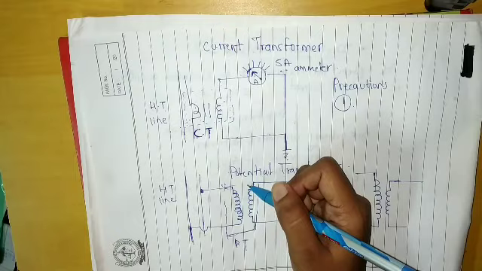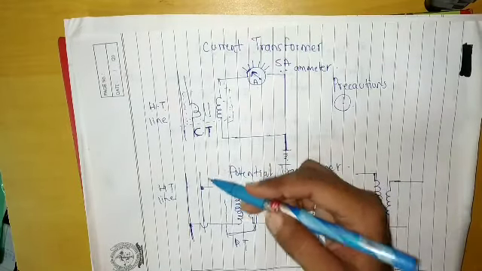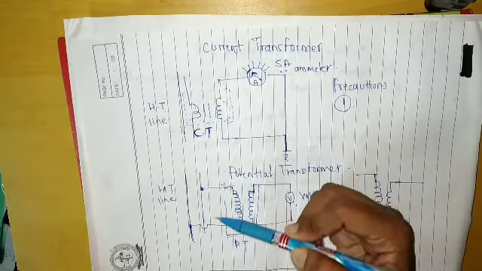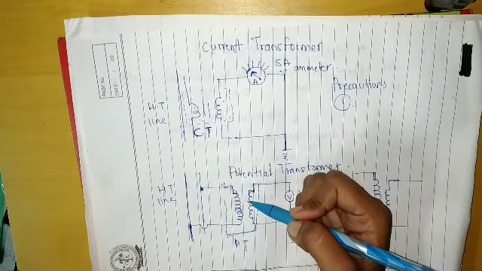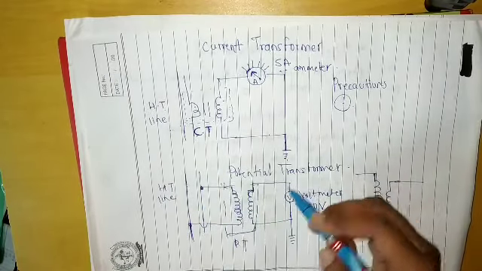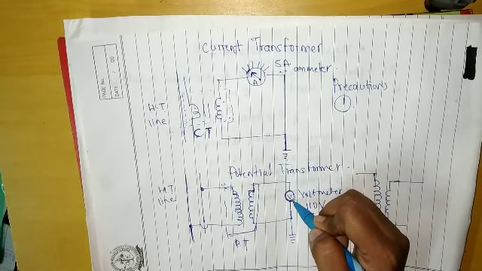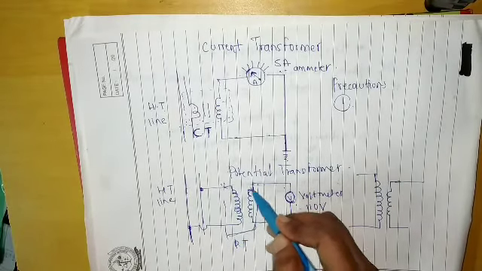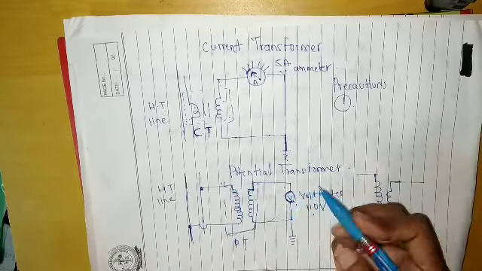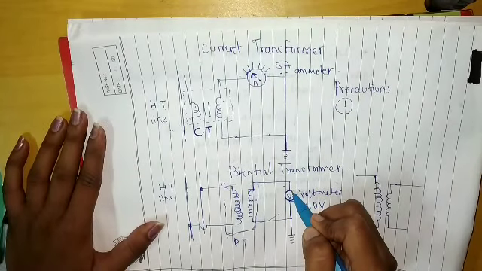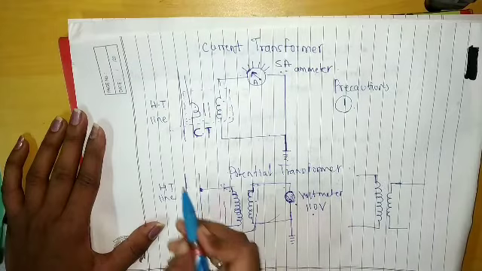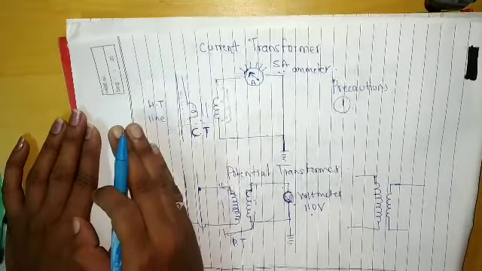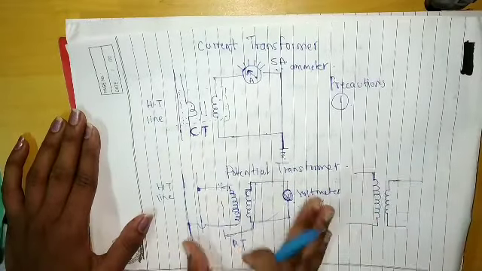Right, the primary is connected to the HT line. Whatever system's voltage we have to measure, we connect the primary to that system. So the primary is connected to the HT line, and the voltmeter is connected to the secondary of the potential transformer. The voltmeter is directly graduated as we connect our potential transformer to the high voltage line, whatever voltage we have to measure of any system, right? So this is about the potential transformer.